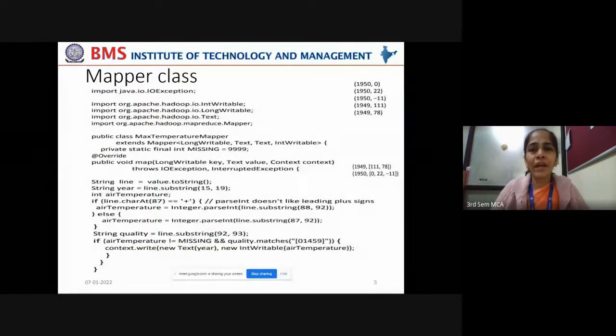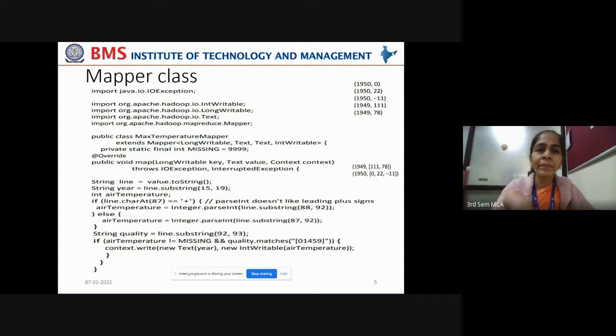Now this is how we write a mapper class. If you understand this carefully, it will be a very easy task for you to quickly write the mapper and reducer classes for any type of task, not only finding out the air temperature and in which year the maximum air temperature is recorded. Not only for such simple tasks, but for complex tasks also, you will be able to write this Java code if you understand this in and out very carefully.